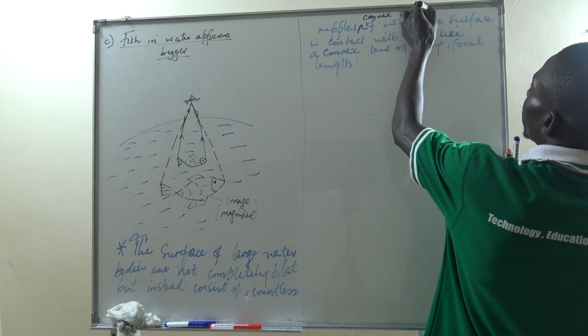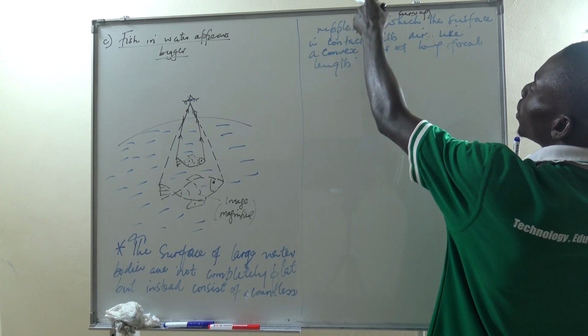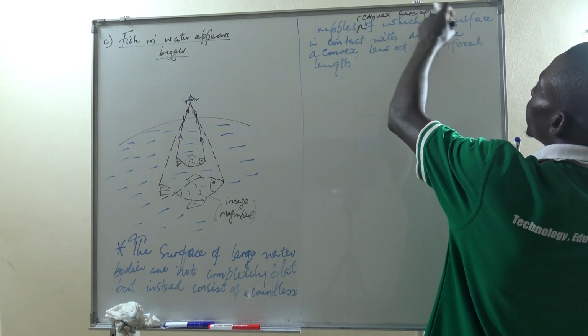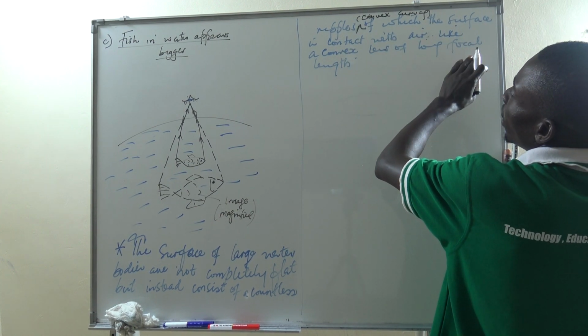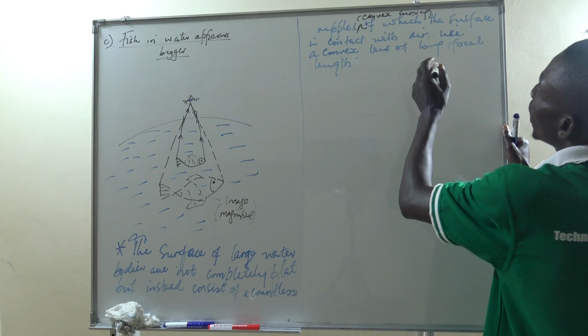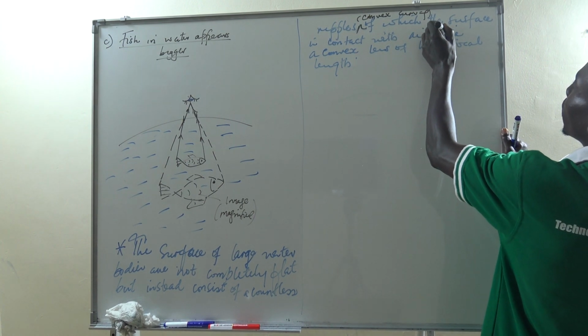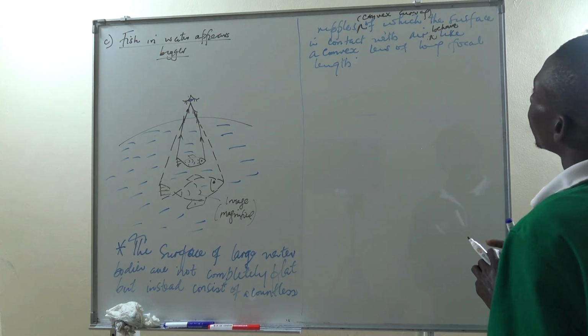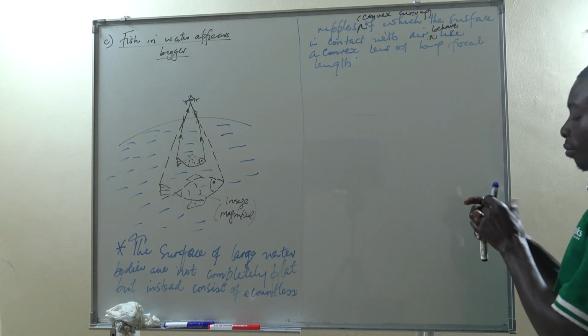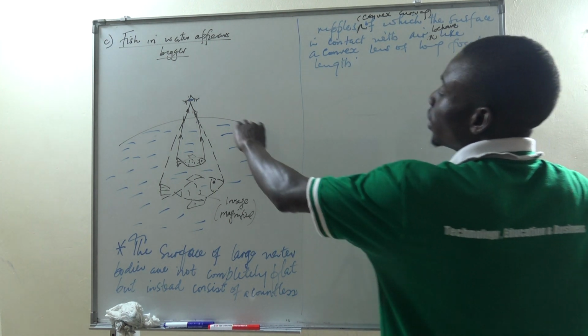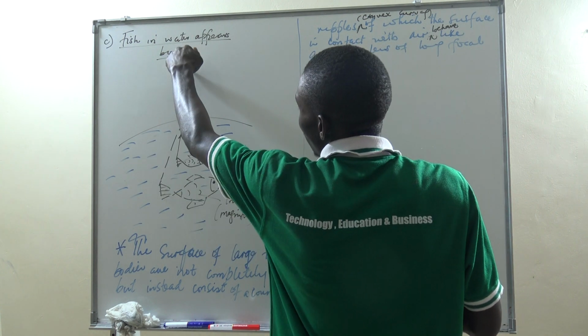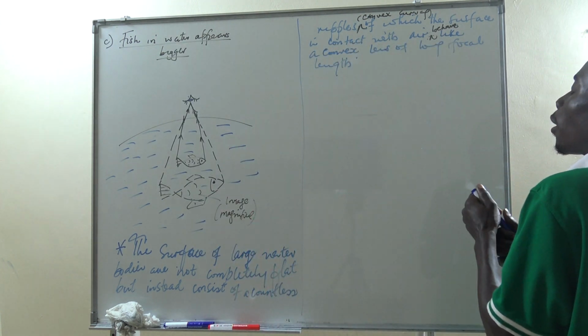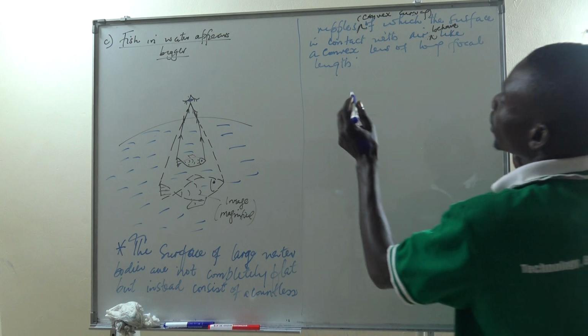The ripples, being convex curving, of which the surface in contact with the air behaves like a convex lens of long focal lengths. Okay? The curving with the surface in air behaves like a convex lens but of long focal lengths. So we say